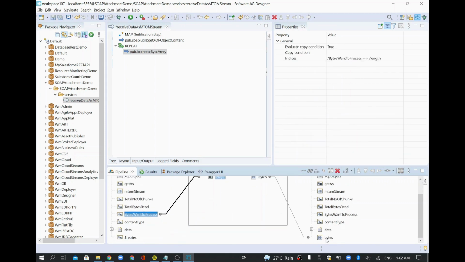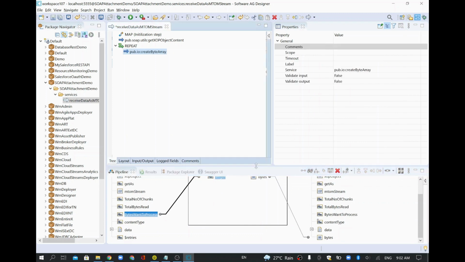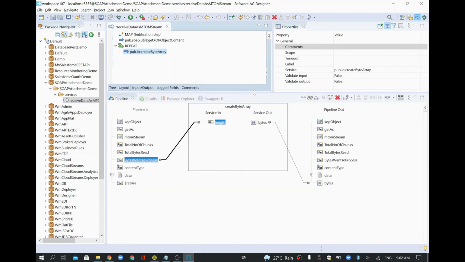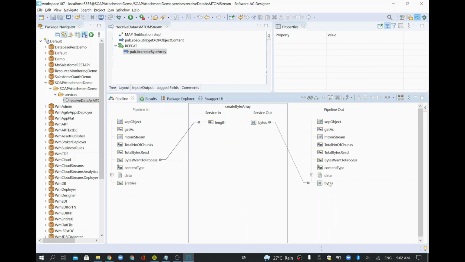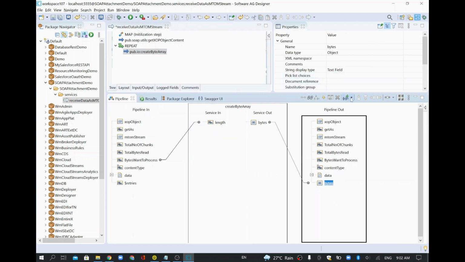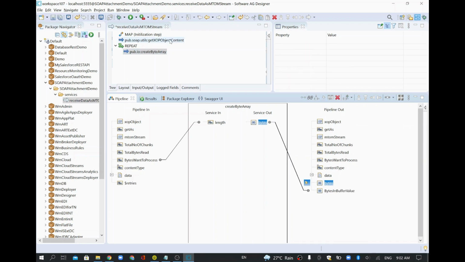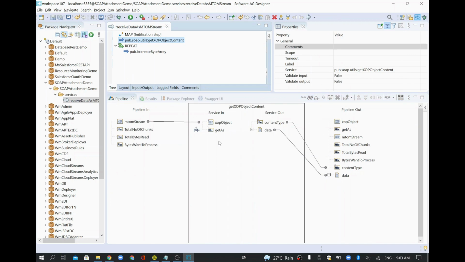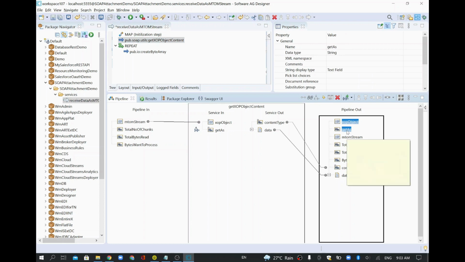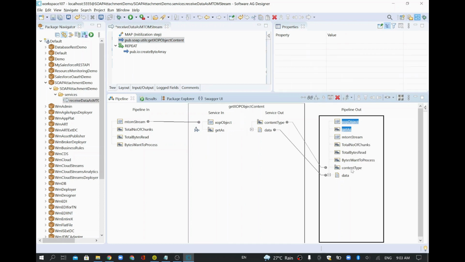And now we have bytes, right? This bytes is the data we are going to buffer. I'll name this as a different, meaningful variable name. This is again an object. I'll call this bytesInBuffer value. I'll click bytes, and whatever is not required I'll drop. Here I have also received an XOP object, which I converted to data, so I don't need this variable as well, which I can drop. So I have dropped those variables, and the remaining ones I need.